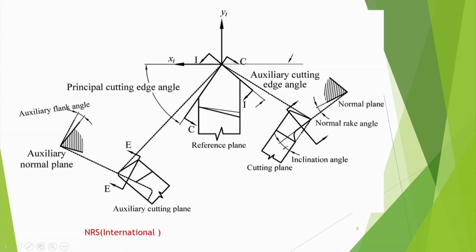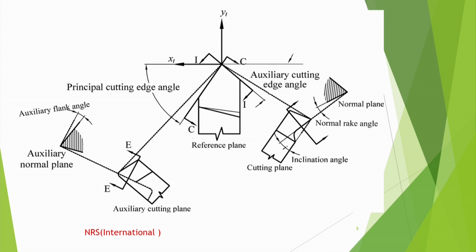The question is why we want to study the conversion from one system to the other system. The reason is that different researchers may tell their results in different systems. So therefore we must understand, if we want to map from one system to the other system, in order to understand the other works. One can decide, I will follow only the ASA system because it is very simple. Of course the ASA system in some sense is simple, it is convenient sometimes for tool grinding etc.